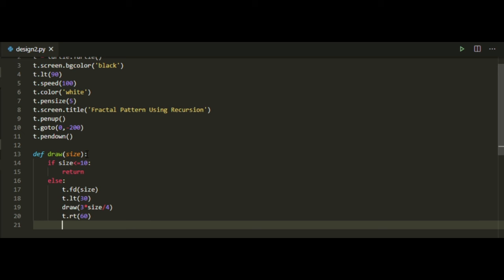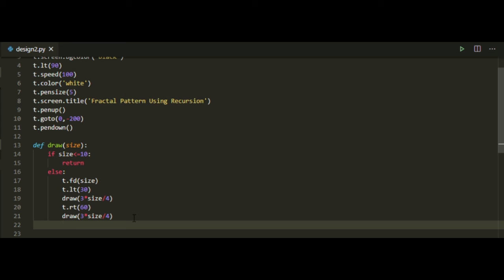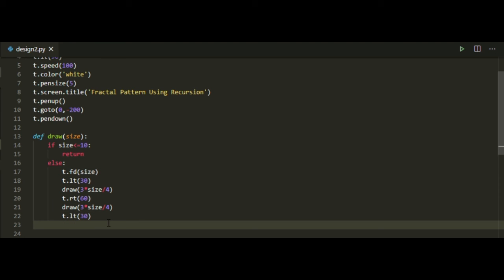And then again we'll just copy this, Control C and Control V, and then again we have to write the same thing, that is t dot lt 30 degrees. This will enable us to create something towards the left, then to the right, and then come back.